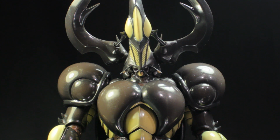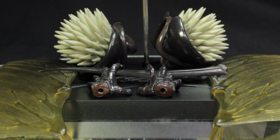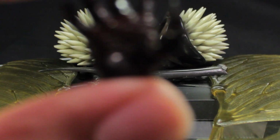So first, let's take a look at Neo Zx-Tole's accessories. Neo Zx-Tole comes with 1 pair of hands, 1 pair of high-frequency swords, 1 pair of biomissile shoulders, 1 pair of wings, and 1 stand. So first, let's take a look at Neo Zx-Tole's hands here. The pair of hands that Neo Zx-Tole comes with are his open hands here, and they're definitely very nice, very